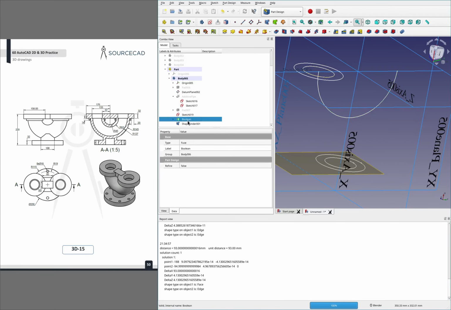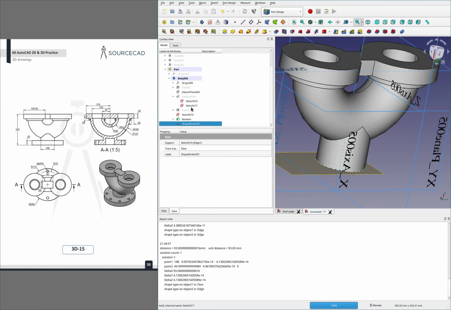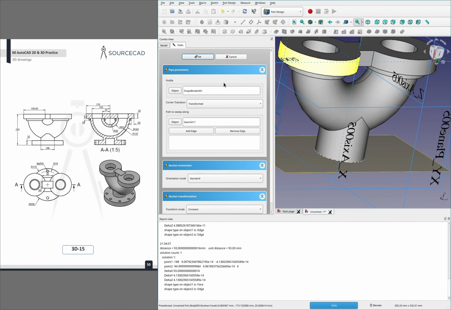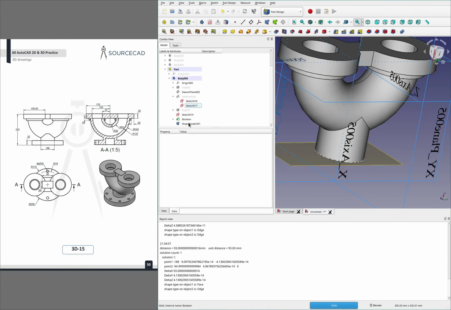We'll bring this back, shape binder, that, extrude, cut. Okay, oops. Let's see, maybe my shape binder didn't work. No, it did. This, cut,